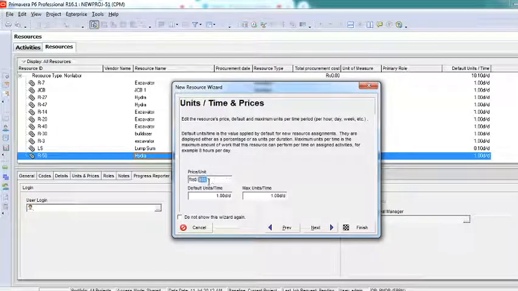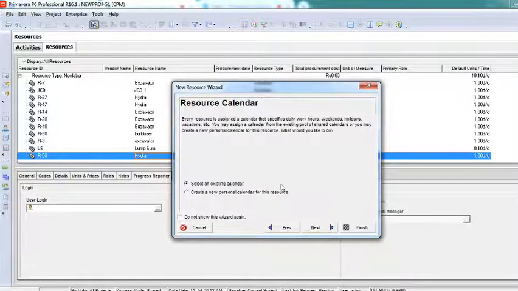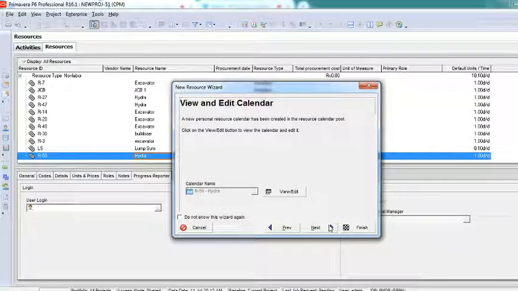So Hydra will cost me around 1200 rupees per hour, not a day. You can observe that I'm making it as per hour, not day. And then I'll say next. Now what I'll do, for Hydra I'll not use the same calendar. I'll have to create a personal calendar, because Hydra does not work 8 hours or 9 hours.